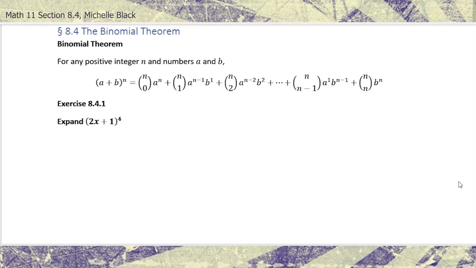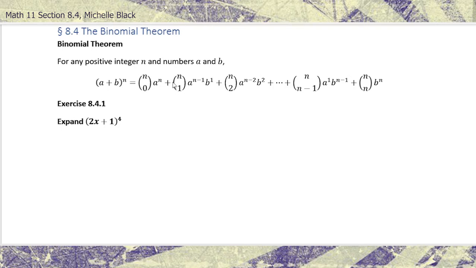Section 8.4, the binomial theorem. The binomial theorem says for any positive integer n and numbers a and b, (a + b) to the power n is the same as n choose 0, or this is our combination notation, times a to the n power,